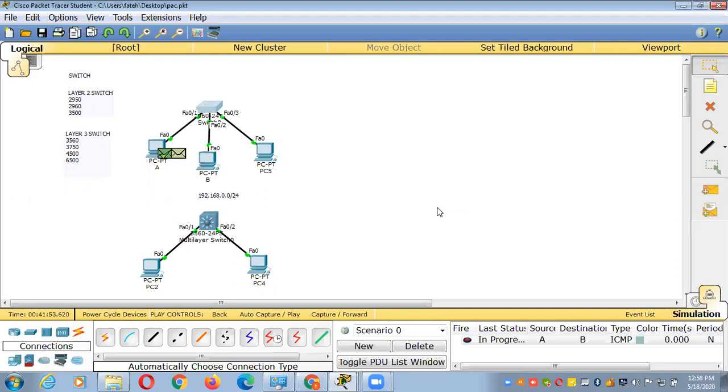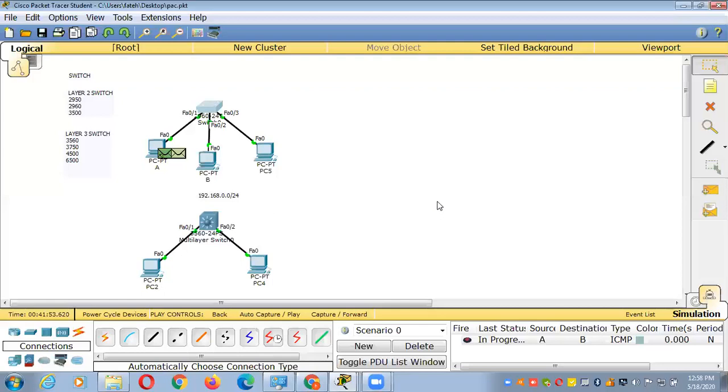Broadcast. Yes. Unicast packet means after maintaining the MAC table and ARP table, when system A is trying to send the same data to system B, it will send a unicast packet, right?